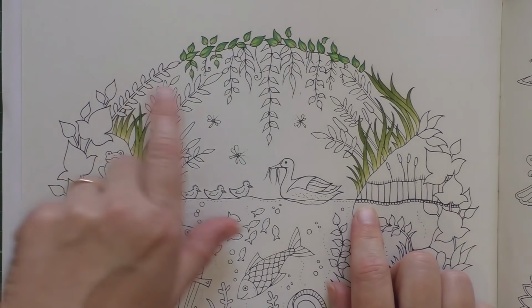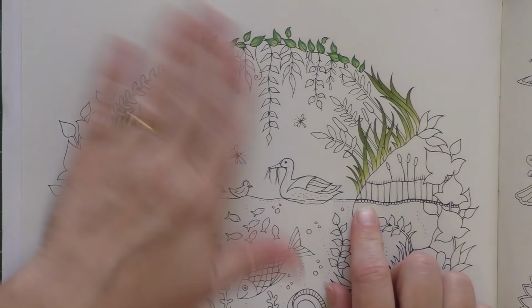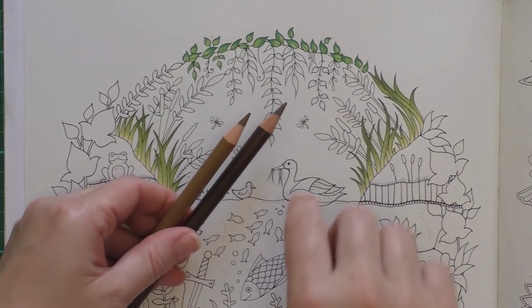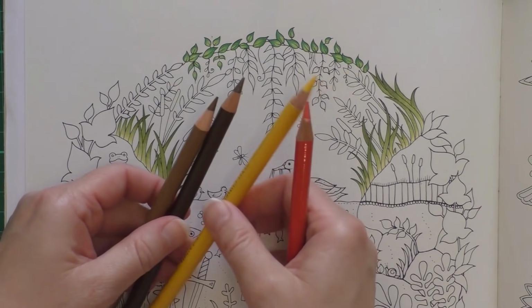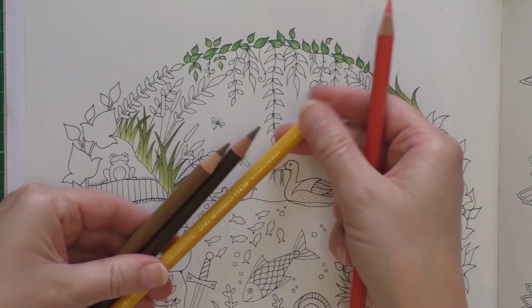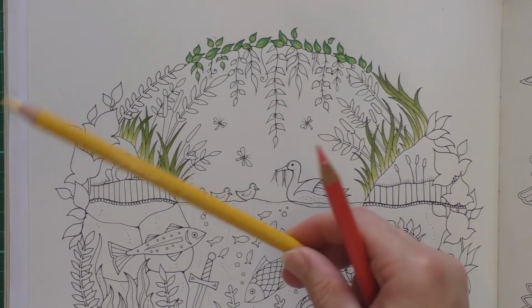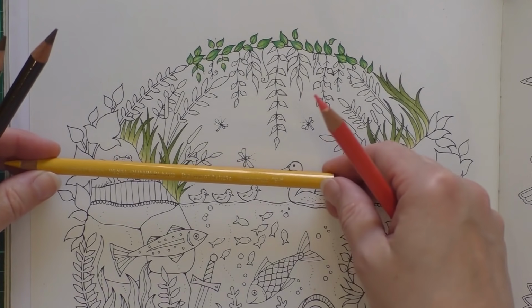Next I'm going to work on these reeds, but I don't want green to dominate the top altogether, so I want to introduce some different colours. So the colours I've decided to use are a couple of browns for the stems of these leafy reed type structures, and to colour the leaves themselves I'm going to use a kind of goldy yellow and this peachy pinky colour. Now the names of these colours from the Derwent Artist range is Deep Cadmium,